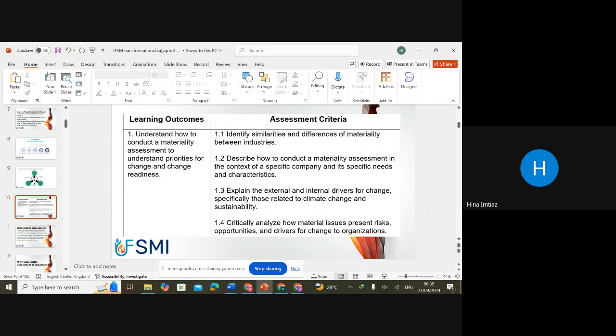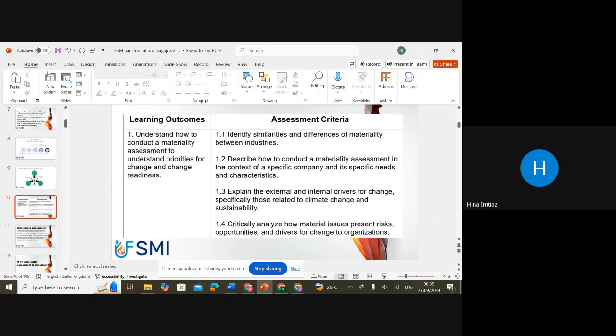You have to compare the different industries. You have to tell the similar things and the differences among those industries, keeping in mind the concept of materiality. Okay, so moving towards the next task, this is: describe how to conduct a materiality assessment in the context of a